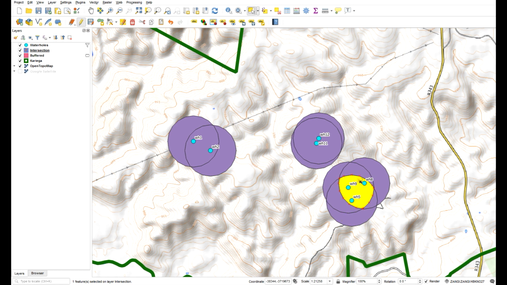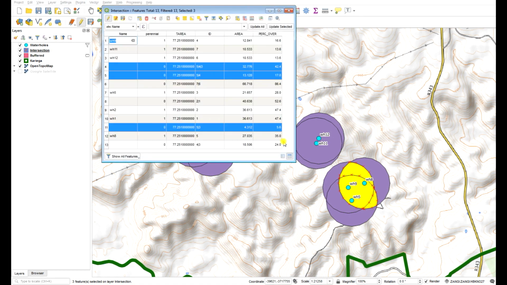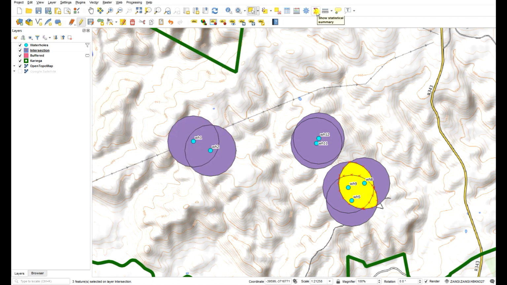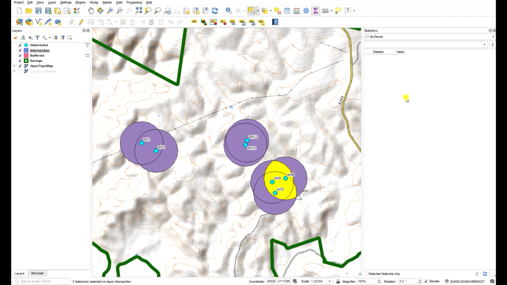of the original buffers, and if we just want to see how much of this watering hole 8 overlaps with other areas, we can select all the areas, and then if we just have a quick look at the attribute table, we can see that it includes percentages of 42, 17, and 56, and you can just do a quick head calculation and calculate that, or you can also use the summarize tool, and that'll open up the statistics